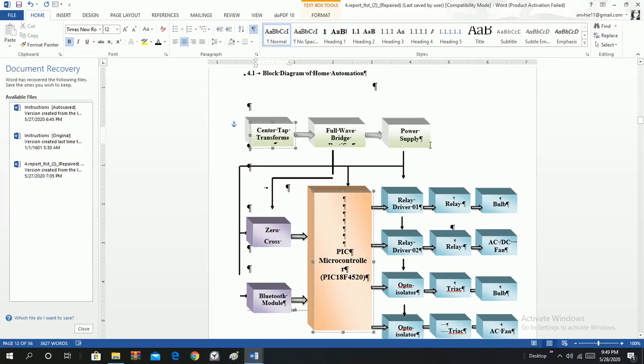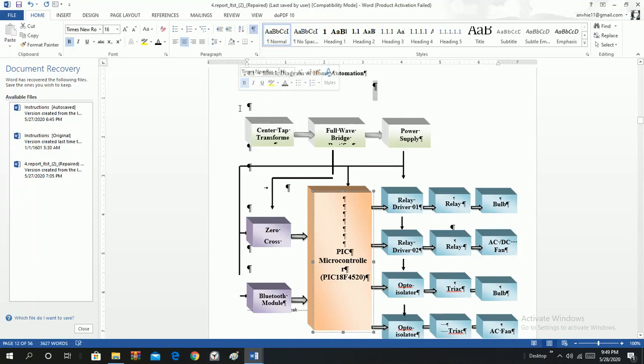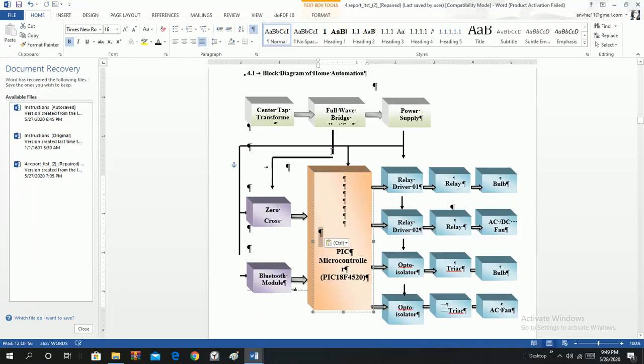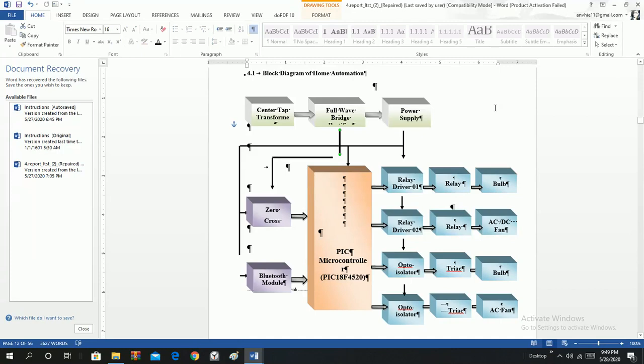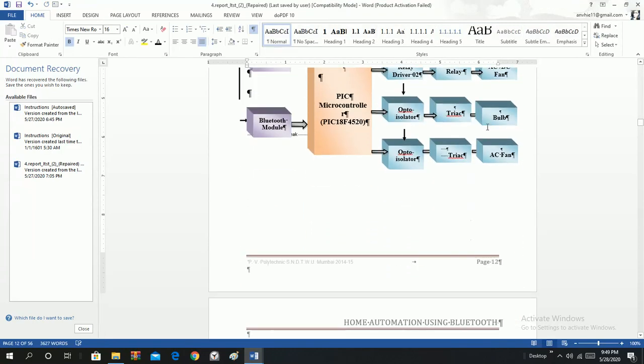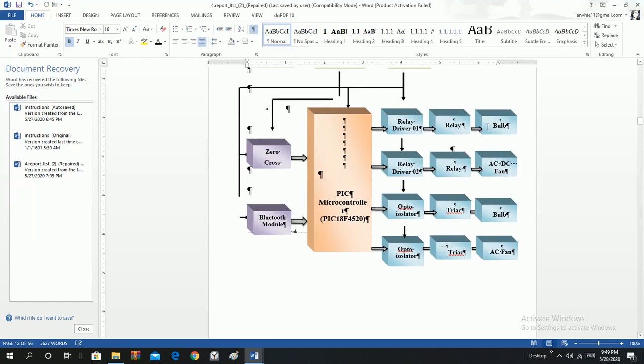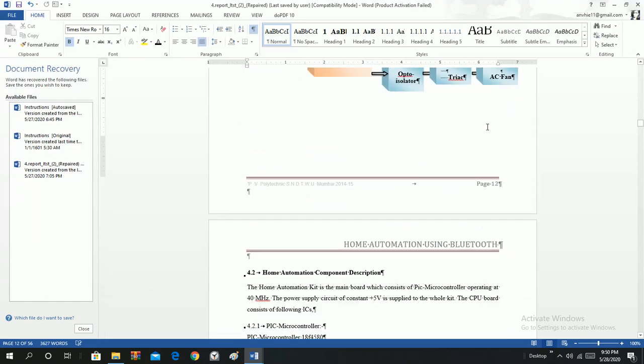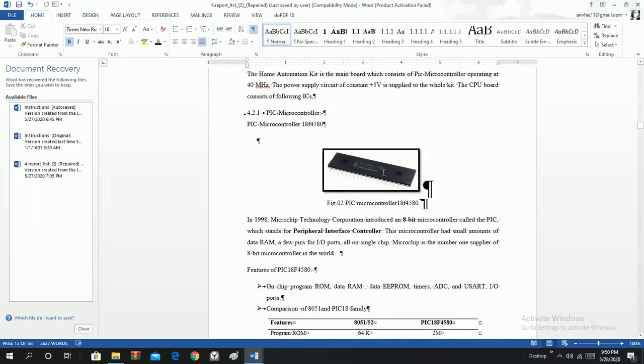So I suggest you not to make block diagrams like this. If you are making any kind of diagrams, you have to group them. See what happens now. These are the things which will happen here, and your project report will look weird. So this is my request: whenever you draw a block diagram, if you are drawing in a Word file, it's okay, but you have to club it. So this is the next diagram.